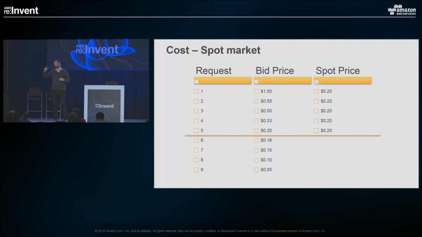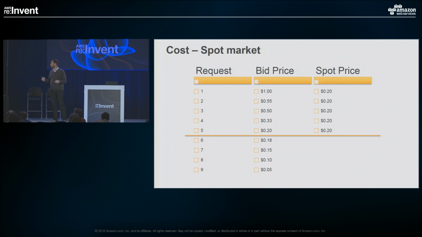What'll happen is those bid prices will get sorted by bid price. If there's 5 instances available, the 5 will get allocated to the 5 highest bid prices. The market price becomes the cheapest one that got an instance, in this case, 20 cents an hour. So everybody pays 20 cents an hour. Even if you bid $1 an hour, you're going to pay 20 cents an hour because that's the going rate